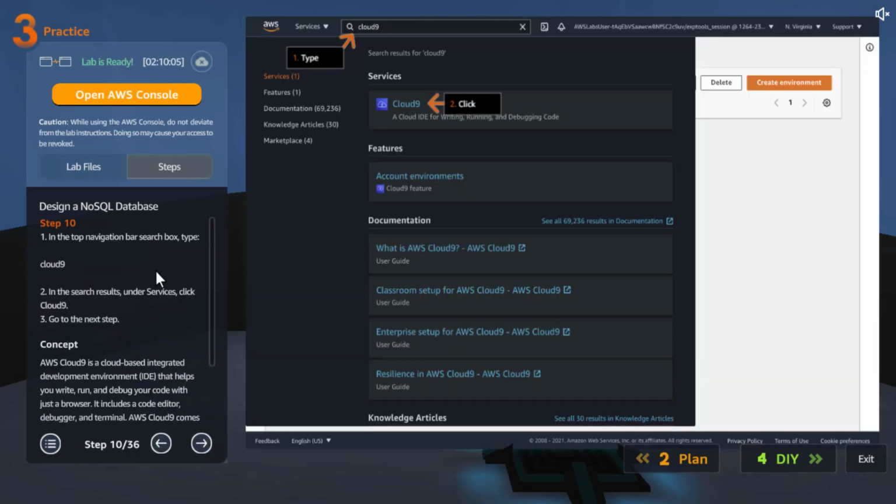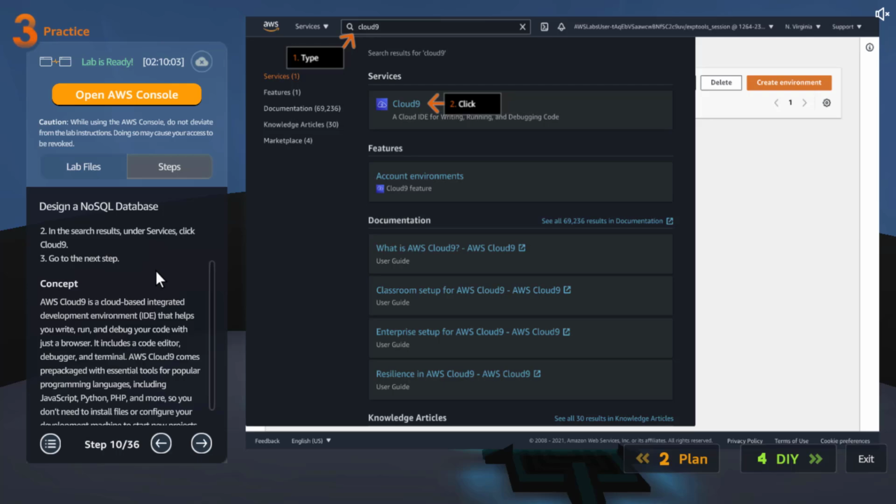Okay, now that being done, they want us to open Cloud9. If you don't already know Cloud9, then I would recommend you go watch from the beginning. I want you to do the Cloud Practitioner first. So Cloud Practitioner establishes your knowledge on most of the tools that are on AWS. And then Solution Architect takes it a step further, where it will tell you where each tool fits in what scenario, and then come back to here, because this is kind of advanced. So if you don't know what Cloud9 is, you need to go watch them.